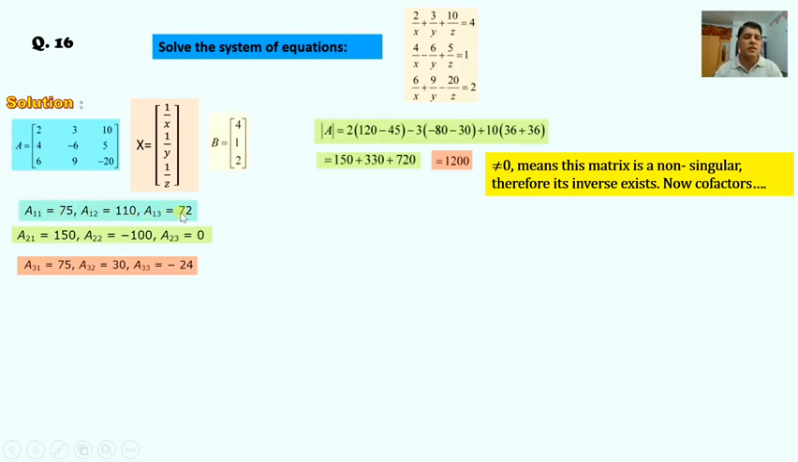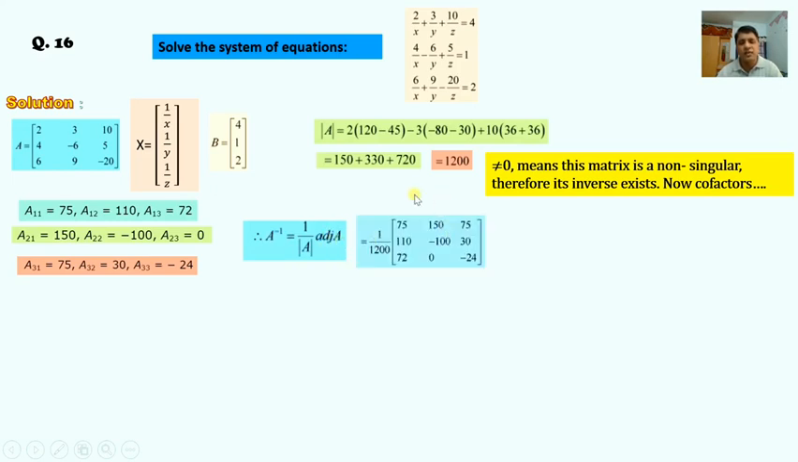Now we got all the cofactors of the respective elements of this matrix, so we'll put all these elements in the same fashion, and then taking its transpose, that matrix is called the adjoint of this matrix. So this is the adjoint of A. The inverse of the matrix is equal to 1 upon determinant of A into adjoint of matrix A. The adjoint of the matrix we will get from all these elements. So that is equal to 1 upon determinant of A, its value is 1200, so 1 upon 1200 into adjoint